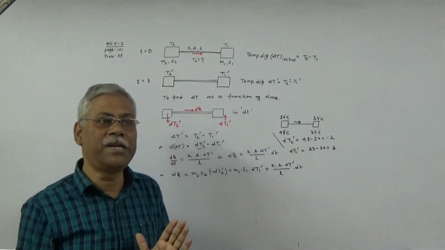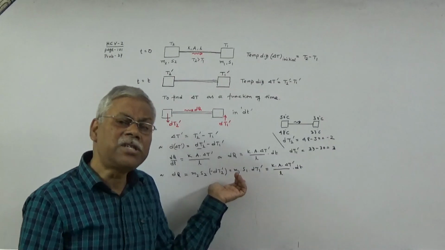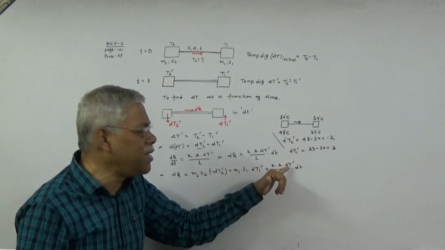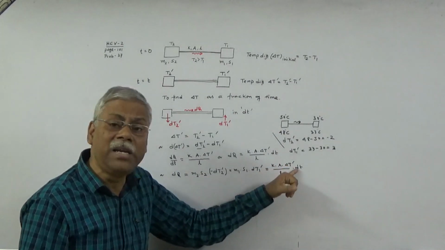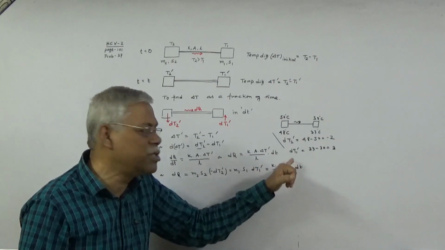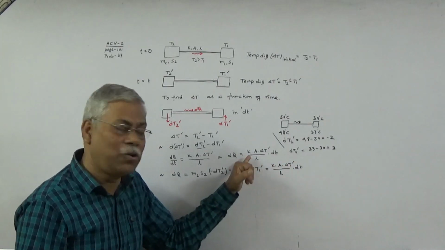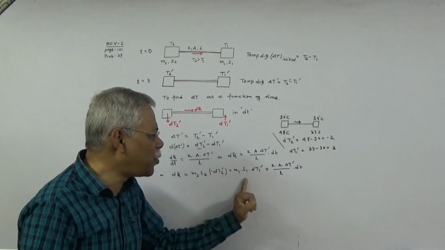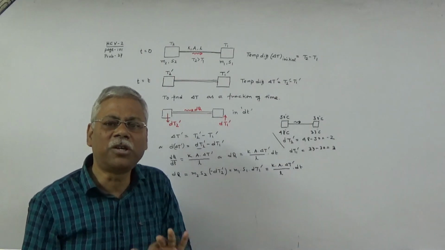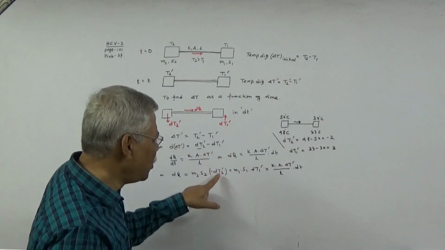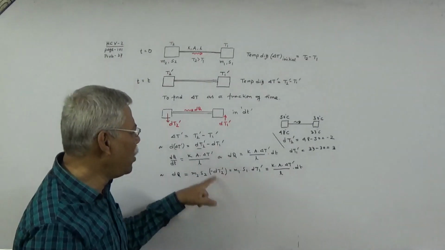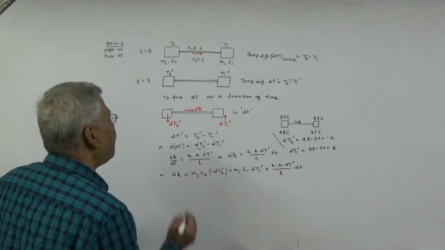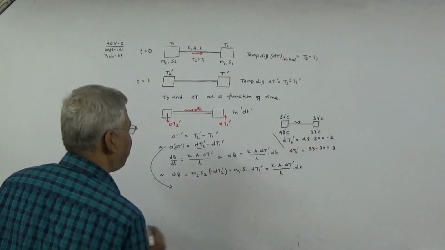Sign is extremely important because in this problem sign creates a lot of confusion. So let us discuss it once again. K A delta T dash is the temperature difference. This is positive. dt is also positive. That means this expression has positive value. This expression has positive value, and I have used a negative sign to make it positive. Okay, so this is positive, this is positive, this is positive. There is no confusion or doubt regarding sign. From this expression, we'll find dT2 dash and we'll put it here, and we'll find dT1 dash and we'll put it here. Okay, so we'll go back to this